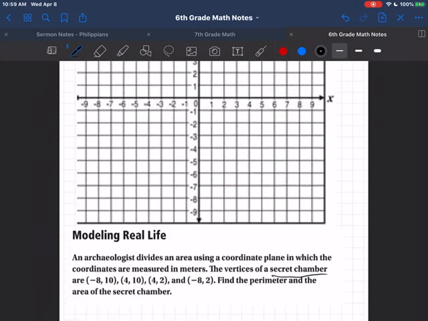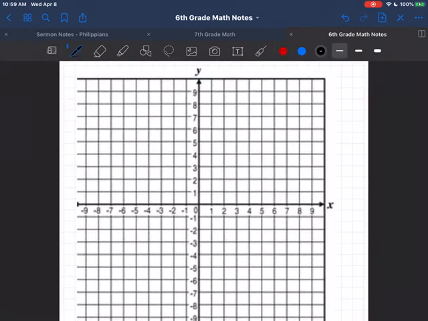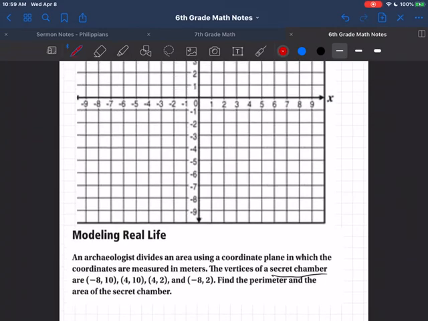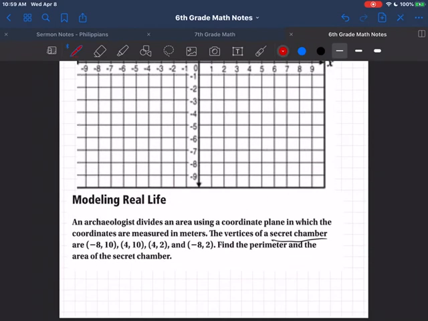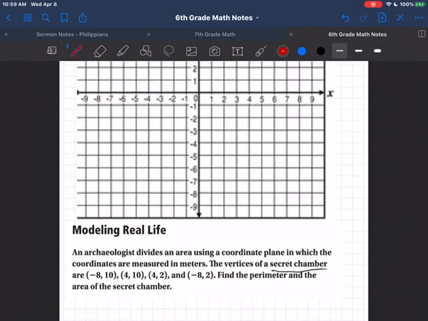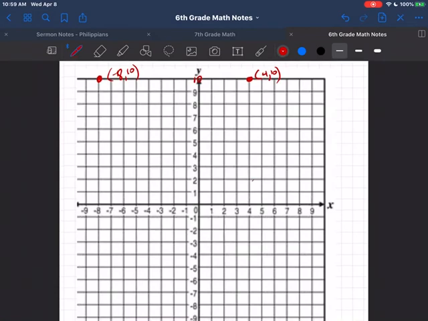Okay, so, we're going to have to do this, aren't we? Okay, we're going to do this one. -8, 10. I'm going to move quickly, though. -8, 10 is right here. We're going to have to draw a 10 here. -8, 10. And then we have 4, 10. 1, 2, 3, 4, 10. And then we have, you could have done this yourself if you wanted, 4, 2,